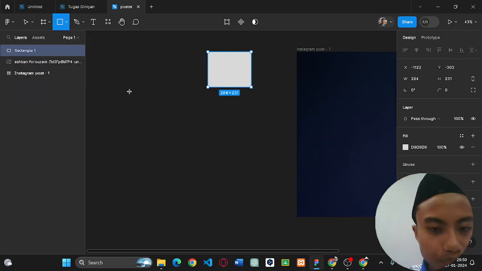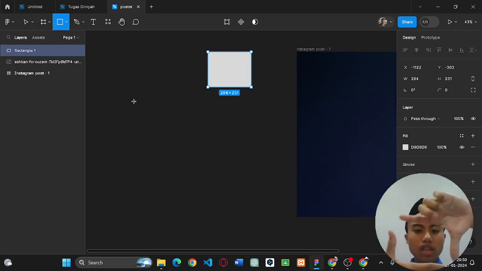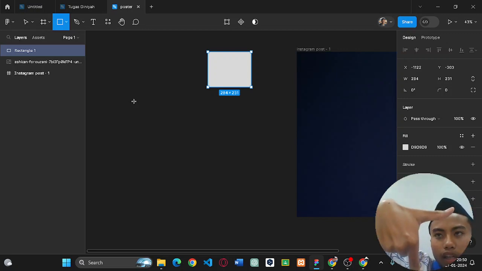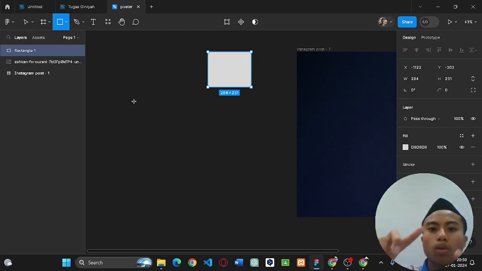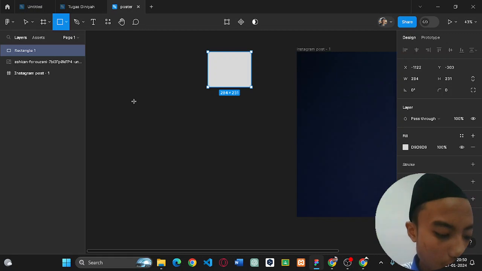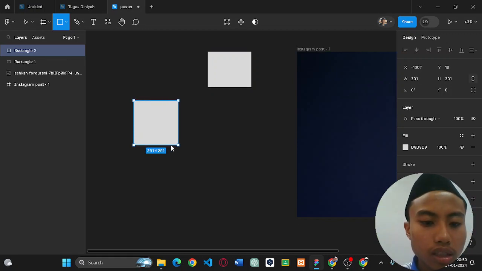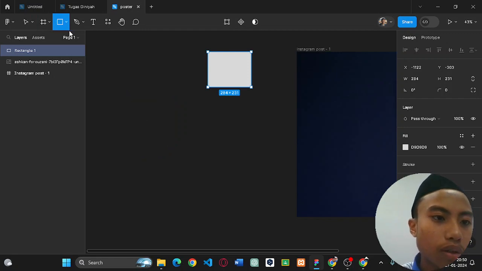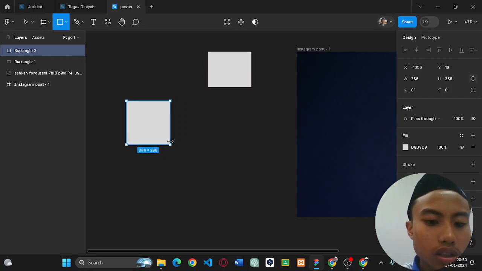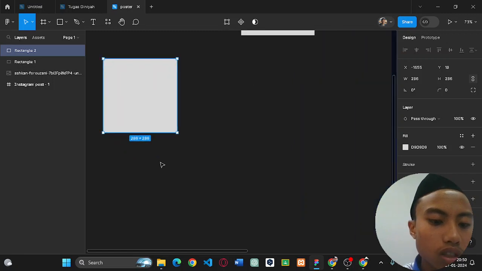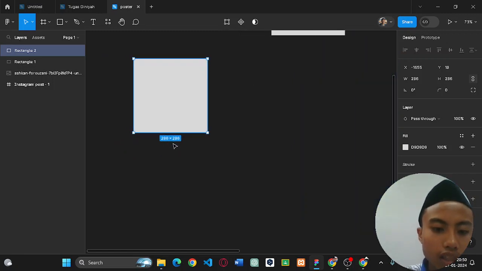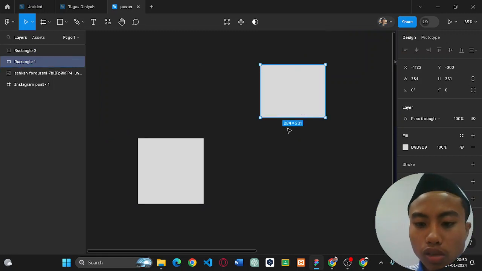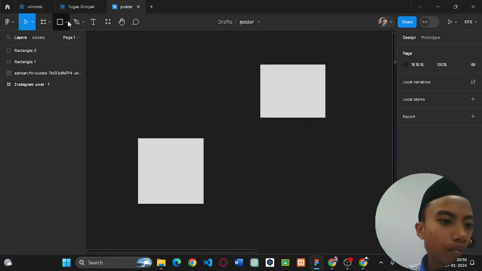If you want to make it more precise, more perfect, more square, you can use shift and then drag like this, boom, the result. You see the resolution is the same, 286 and 286. This resolution is not the same, you can see it.